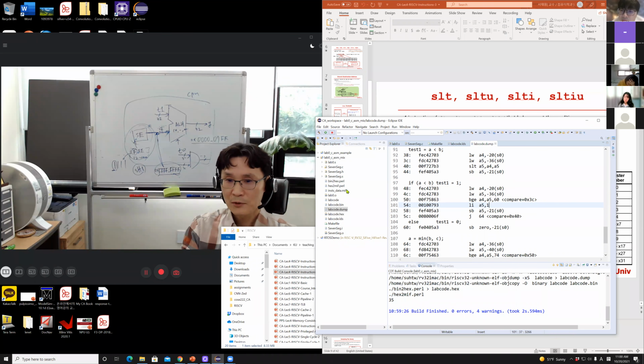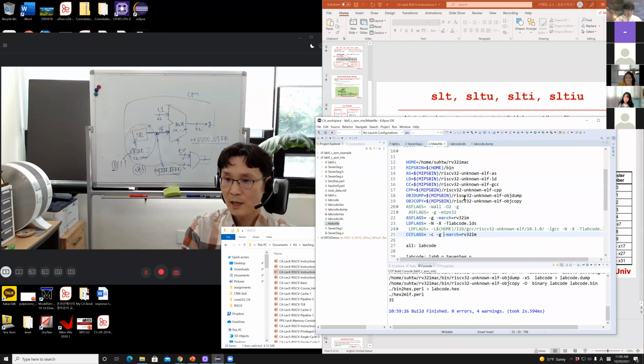So if you give some option in the makefile, a compilation option like here, some optimization option like -O2, in the CC flag, the compilation option. O2 means there is an optimization option. That means you are asking the compiler, okay, do whatever you can do. Give me the best code, not unoptimized. Give me the optimized one, not naive code. So if you do this,